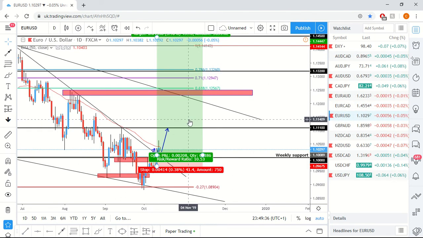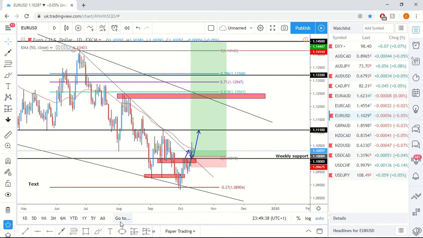Now moving on to euro dollar. Obviously this one I'm actually in myself. I'm in this trade, as are my members. We had this one while I was on the train. I picked this one out, perfect for our entry, and we did get quite a lovely impulsive move after this.